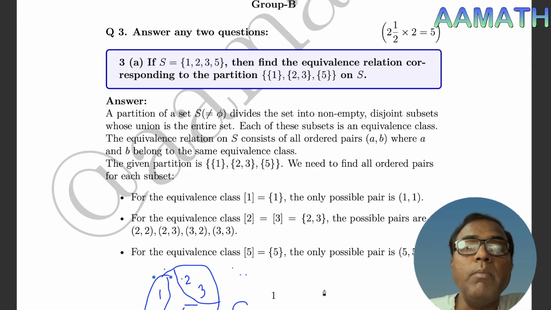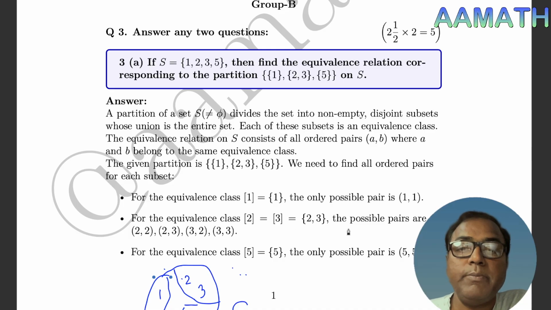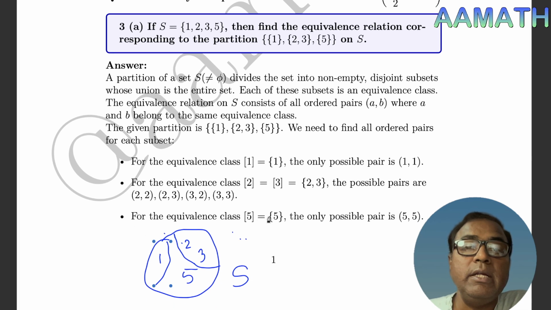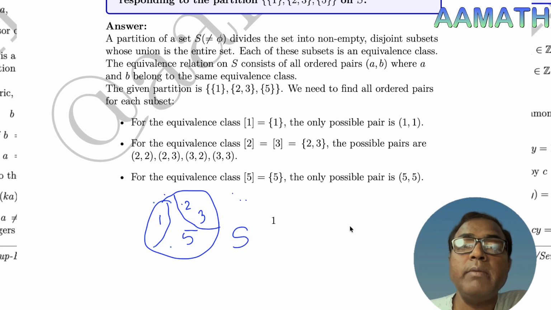Now, for these subsets, we get an equivalence class for this set. For the equivalence class of 1, the only possible pair is the ordered pair (1, 1). For the equivalence class of 2 or 3, both are the same, and this class contains the set {2, 3}. The possible pairs are (2, 2), (2, 3), (3, 2), (3, 3). And the equivalence class of 5 is the singleton set containing the element 5. The only possible pair is